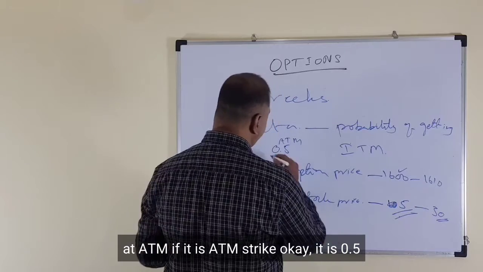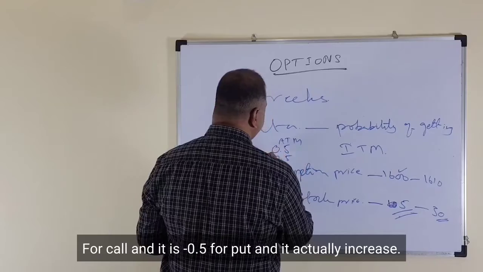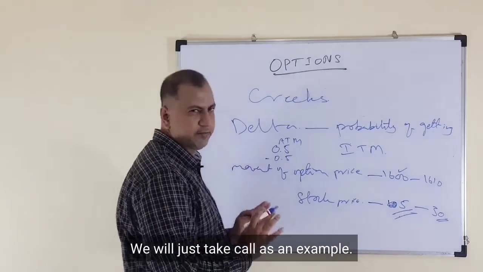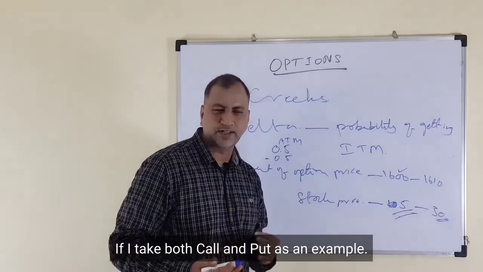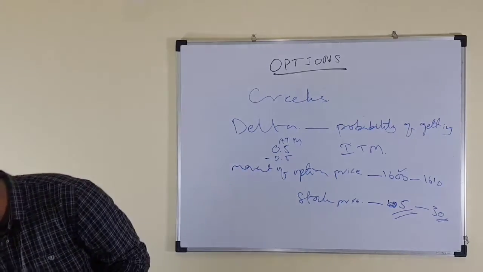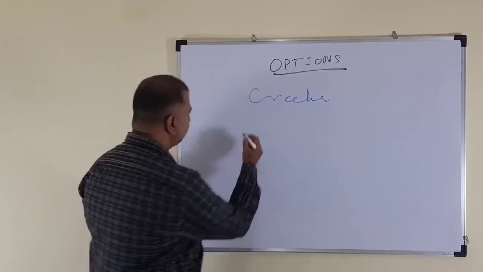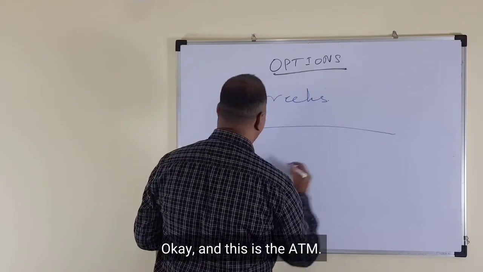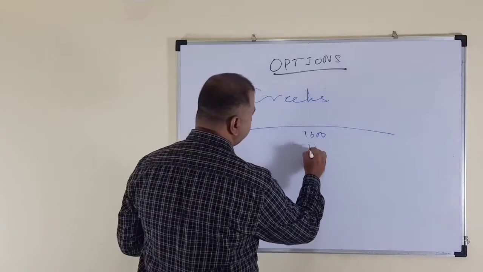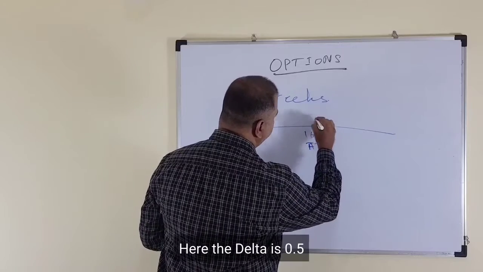It is 0.5 for call and it is minus 0.5 for put, and it actually increases. So to just keep it simple, we'll just take call as an example. If I take both call and put as an example, you may just get confused. So delta is the probability of getting it in the money. And this is the ATM. Here the delta is 0.5,